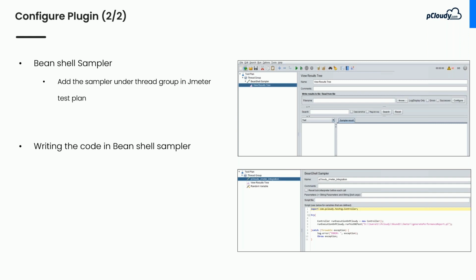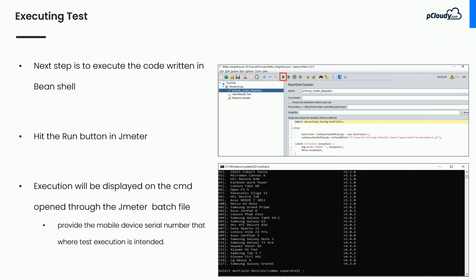Now, the next step is the code where we create an object of this controller class, and we also have a customized report, which I said earlier is done using Perl version 5. So we pass on a customized parameter which will create the custom report. Using this format, the custom report is going to be created. This is all that is needed for configuring this plugin. Once this plugin is configured, we are pretty much good to go.